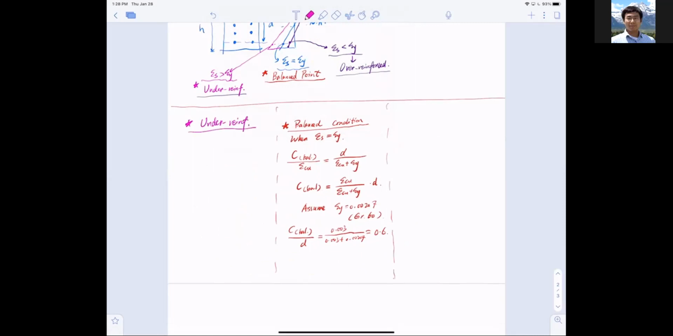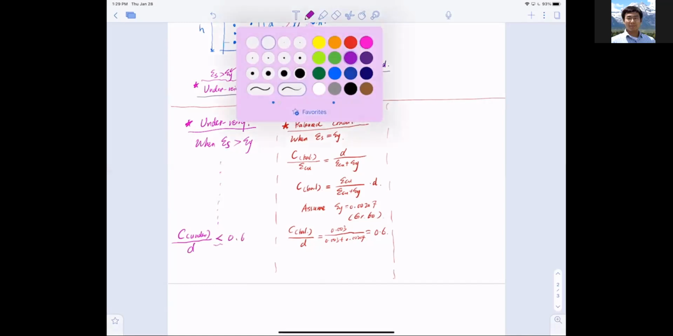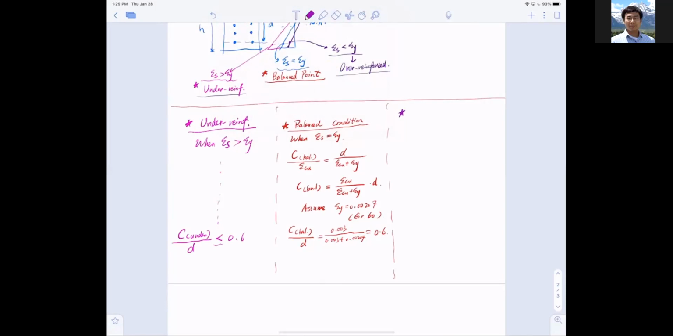Same thing holds, right? This is when epsilon s is larger than epsilon y. I'm just going to copy all the equations down here, but for the under reinforced case, the actual compressive zone divided by d should be smaller than 0.6. Okay, then another thing, last but not least, is what we call the over reinforced